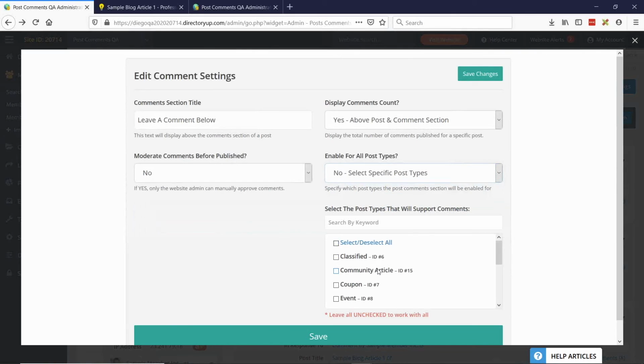But what's really cool about that input box is you don't necessarily need to put comment code. You can put anything you want that will show at the end of the post page. So it's really an open field for anything that you'd want, not just comments, but we put comments there because that's the most common thing it was used for.